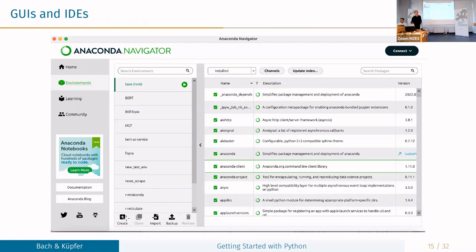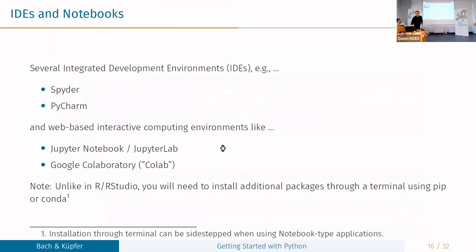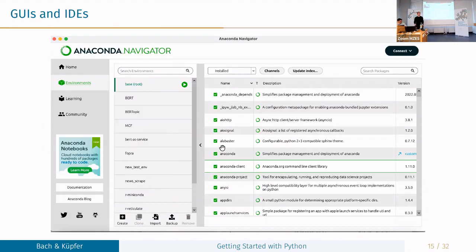This would be the same functionality but without the manual code. You could create a new one through the Anaconda Navigator.